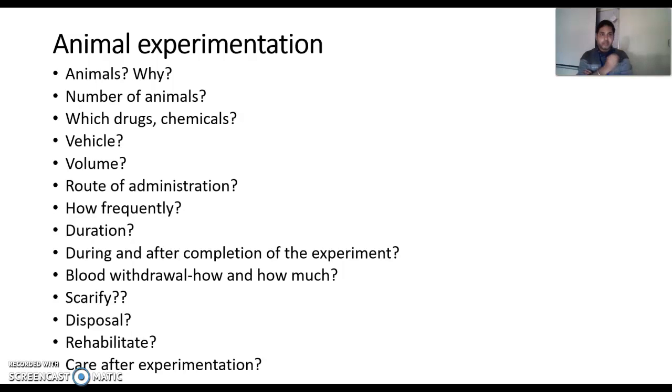अगर वो वाटर सॉल्युबल नहीं है तो आप अगर डीएमएसओ यूज कर रहे हैं, डीएमएसओ ये यूनिवर्सल सॉल्वेंट, पर ये नहीं कि डीएमएसओ आपने 100% यूज कर लिया, तो डीएमएसओ की कितनी परसेंटेज यूज करनी है, कैसे डाइल्यूट करना है, वो सारी चीजें आपको मेंशन करनी पड़ेगी। कितना वॉल्यूम दोगे आप, तो वॉल्यूम जो है वो आपका रूट ऑफ एडमिनिस्ट्रेशन के हिसाब से वेरी करता है। आईवी के थ्रू आप सबसे ज्यादा वॉल्यूम दे सकते हो, फिर आप ओरल दे लो, आईपी, आईएम, तो आपके जो भी रूट आप सिलेक्ट कर रहे हो तो उसके अकॉर्डिंग ही वॉल्यूम आपको रखना पड़ेगा। ये नहीं कि आपने आईएम रखा है और आपने बोला हम 5 ml दे देंगे माइस में, तो आपकी एथिक्स कमेटी कभी अप्रूव नहीं करेगी, और उससे ये रिफ्लेक्ट होगा कि आपको एनिमल्स की एक्सपेरिमेंटल नॉलेज नहीं है।